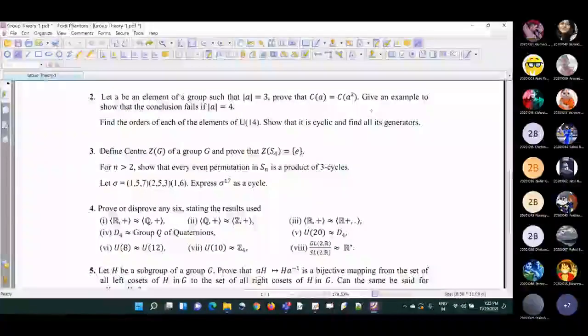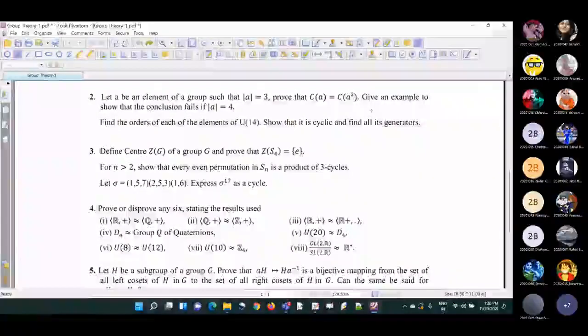So A, because the order of A is 2, and A squared has to be the identity. So A is going to be the generator, and A is self-inverse, so there will be only one generator, A, except in case of that. Otherwise, if A is generating, then its inverse is also a generator. I think we have proved this kind of thing.